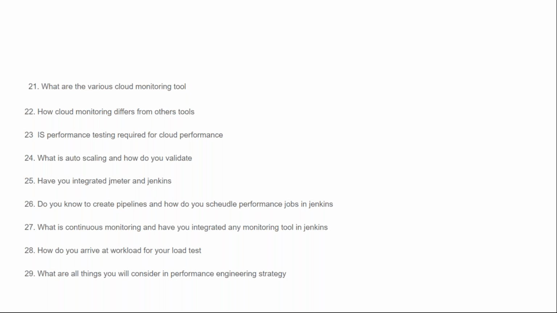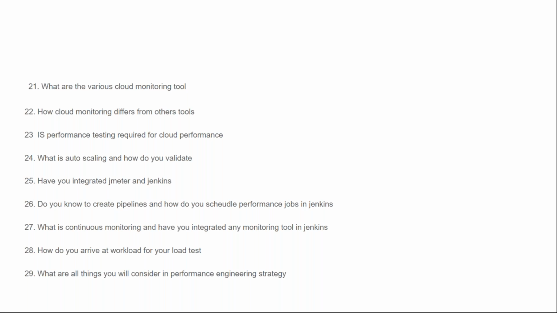We will talk about what is going to be different between traditional performance testing or engineering versus performance engineering in cloud. What additional scenarios we are going to cover, right? Those things, and I also specifically mentioned auto scaling yesterday as well. So that also you would be able to answer.